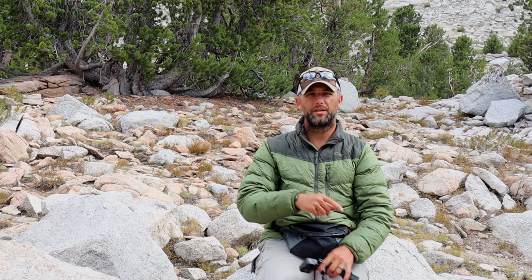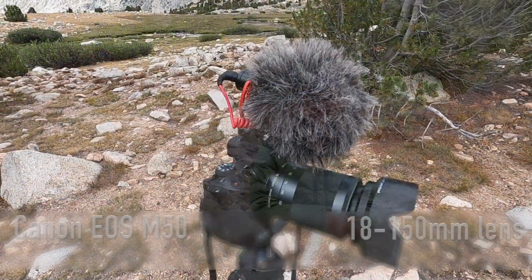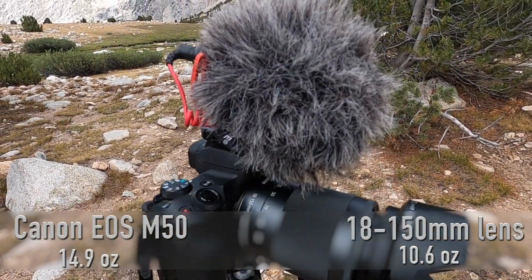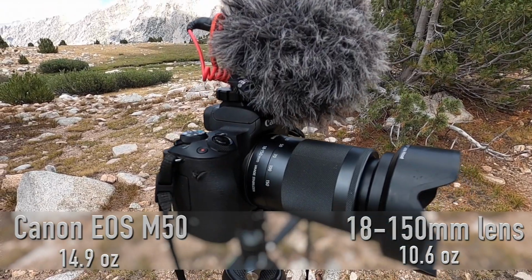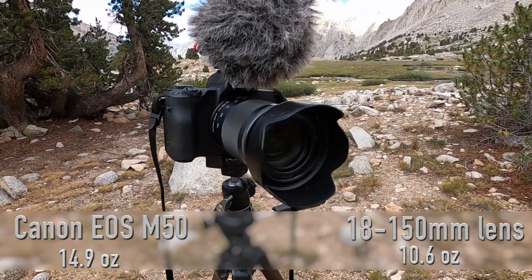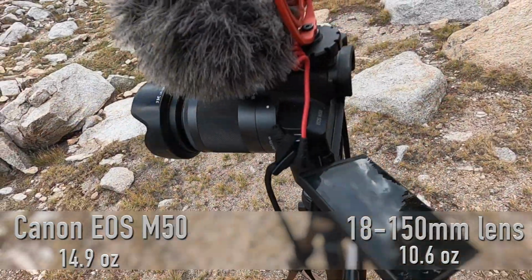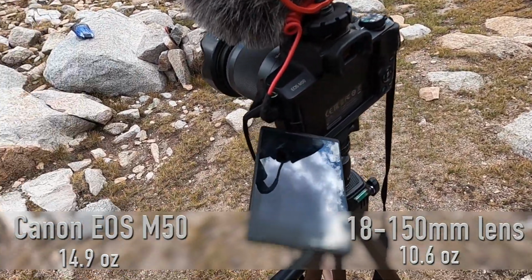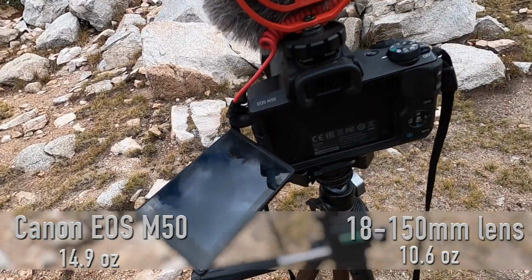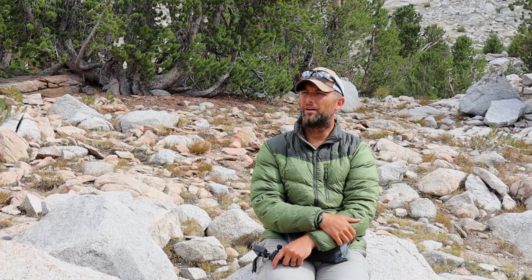The first is what I'm shooting this video on. It's a Canon M50. I've got a 18 to 150 millimeter lens on that, and then also a lens hood on the lens. The lens hood, I've found in some of my previous videos, I get some glare on the footage. So the lens hood is sort of for that, but the other reason for the lens hood is it's actually really good protection for the lens itself, because I clip it on my